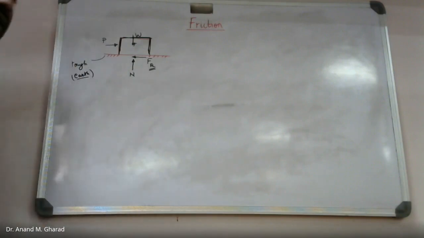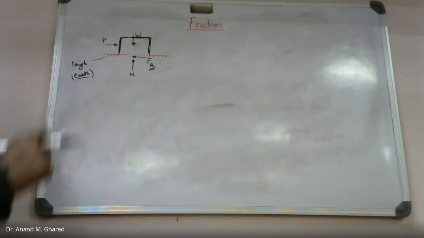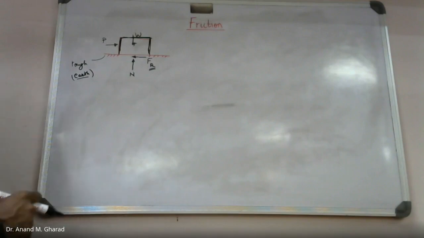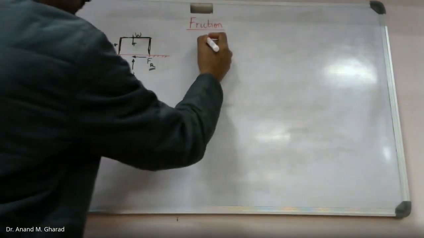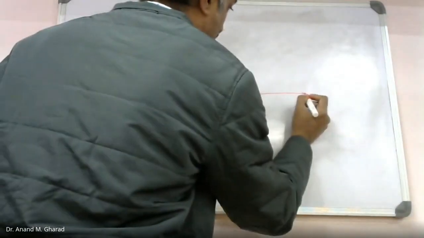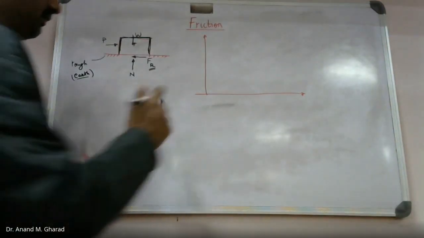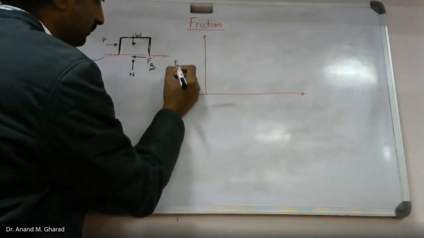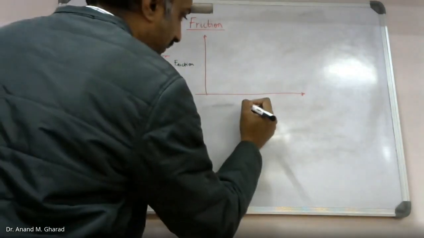Experimentally, it has been observed that a certain relation is developed between the friction force and the applied force. If we try to plot the relationship between the frictional force versus the applied force,